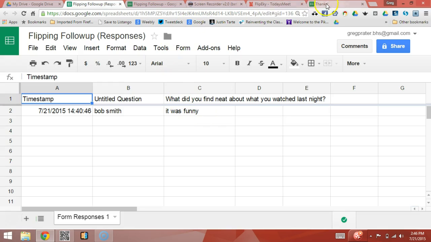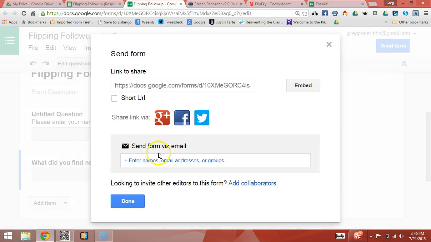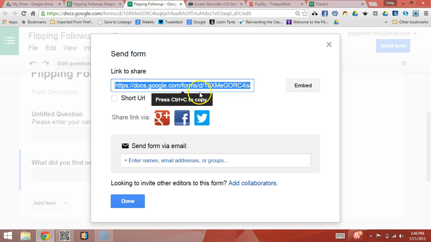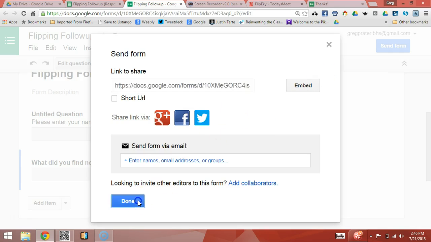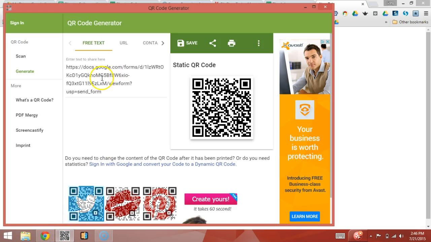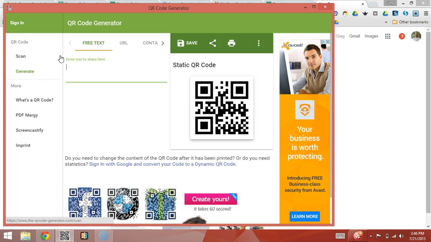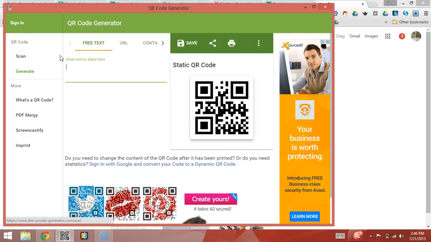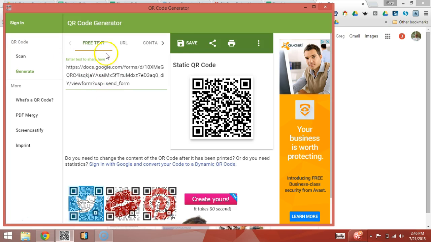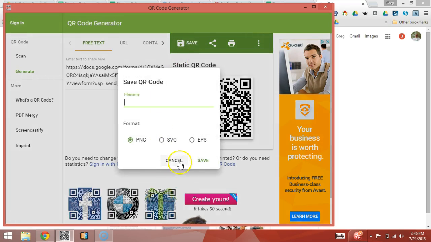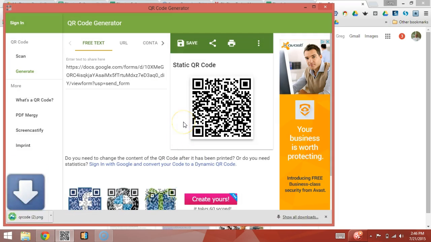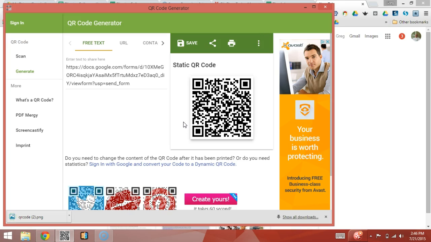Now, another thing you can do is you can take that same link and create a QR code using this other Google app, QR code generator. I've already copied the link to the Google form. I want to paste it into there, and I can save it if I want to, do something with it later. I can print it out on a piece of paper and put it on the bulletin board